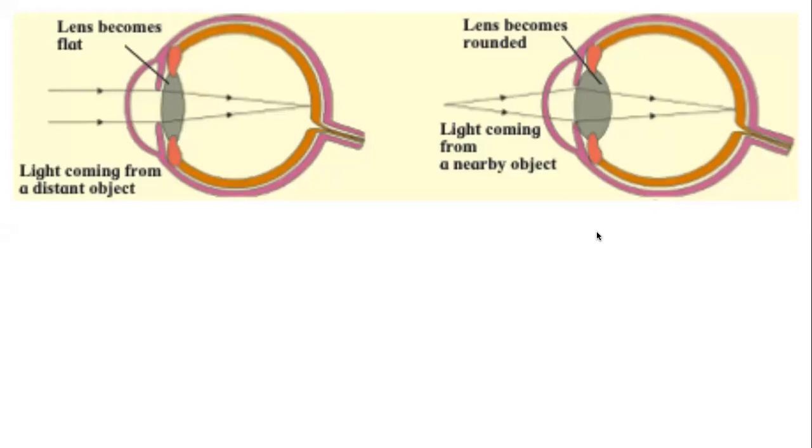That is, we have to reduce its focal length so that the image is once again formed at the retina only. If it is formed before the retina, we cannot see. If the image is formed behind the retina, we cannot see, because our screen is fixed. What we can change is the lens. The most important aspect of the working of the eye is changing the focal length of the lens, so that wherever the object is, the image is formed on the retina.